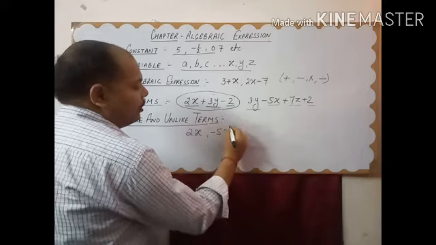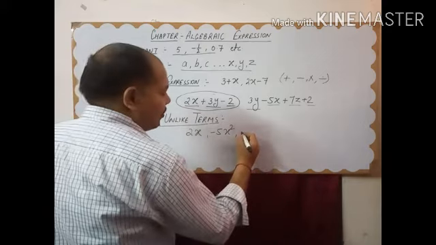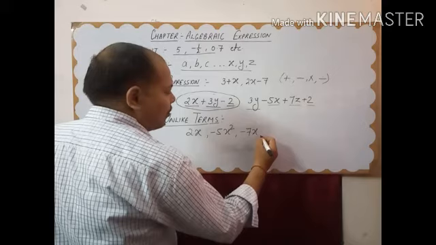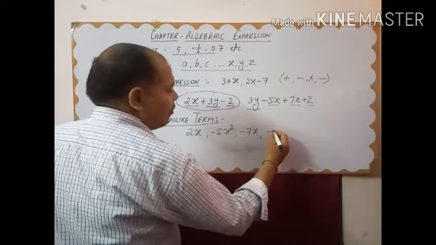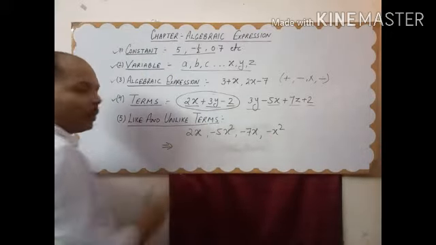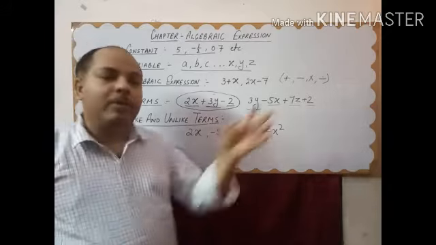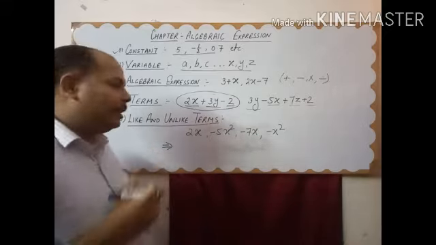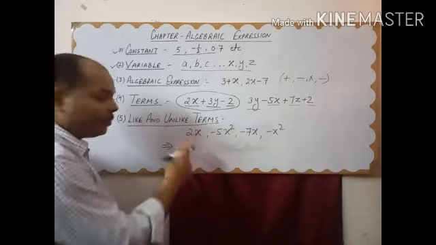I am going to give you some terms. You identify the like terms. Okay, now tell me the like terms. There are 4 terms I have given, 1 2 3 4. Now tell me the like terms here. See it very carefully. Okay, now tell me the like terms. Yes, very good, Akshat.